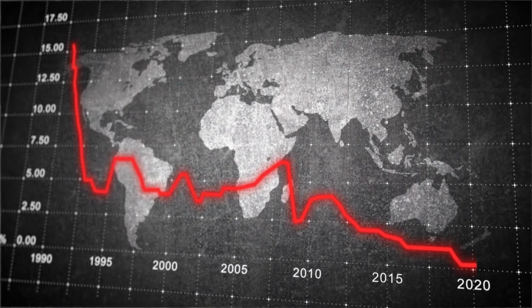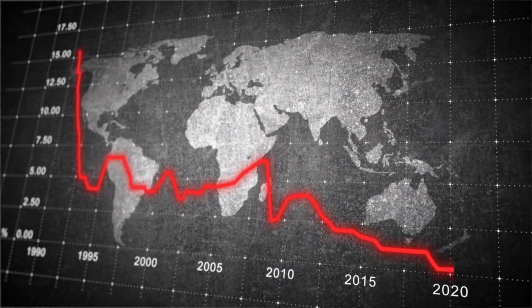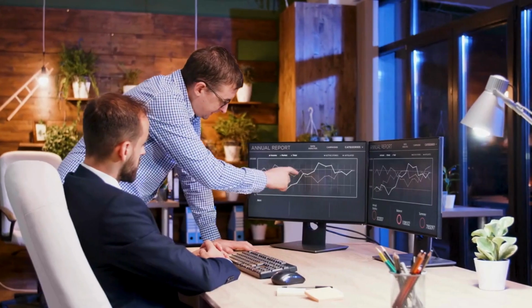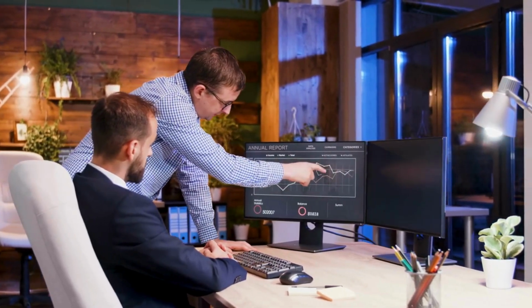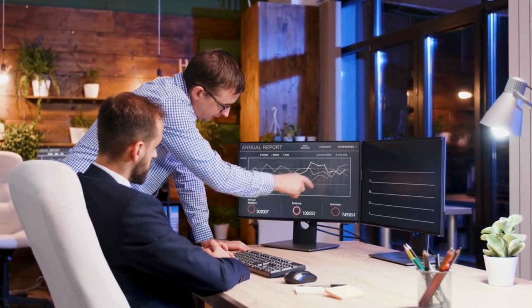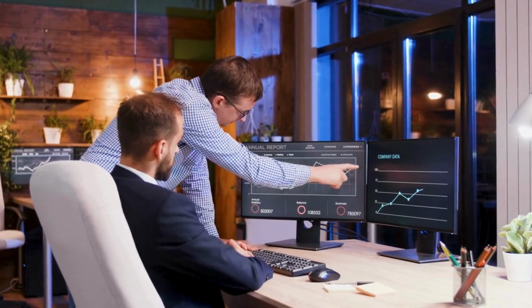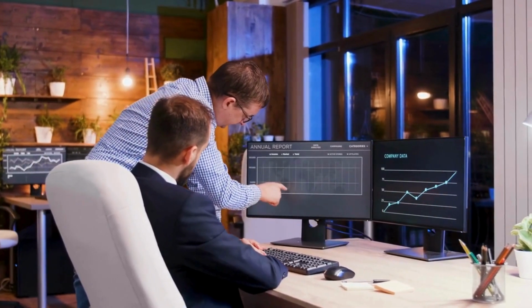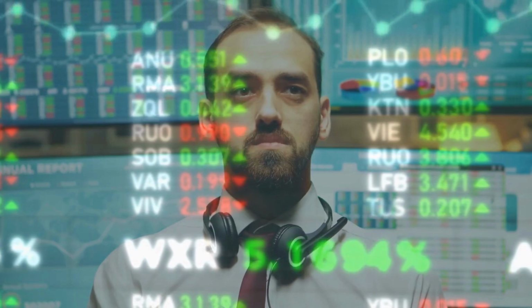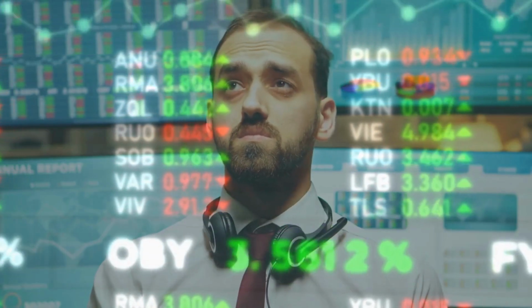As we conclude this exploration of the business cycle, it's crucial to recognize that these phases are not linear or predictable. Economic forces are influenced by a myriad of factors, from global events to technological advancements. Join us in future episodes as we unravel more economic intricacies and uncover the trends that shape our financial world.